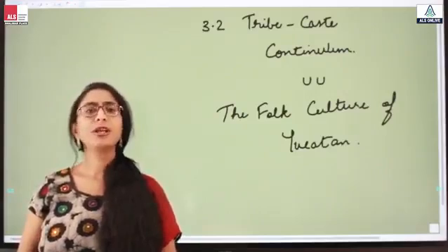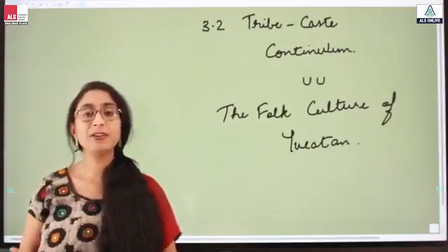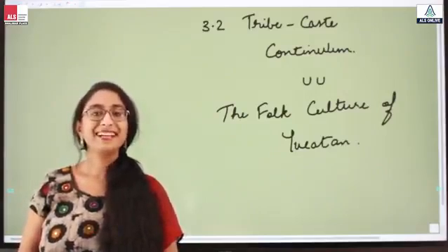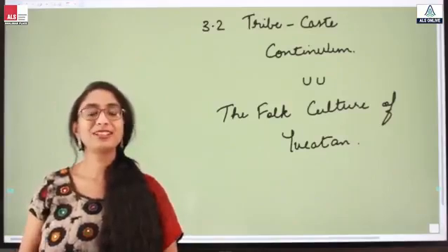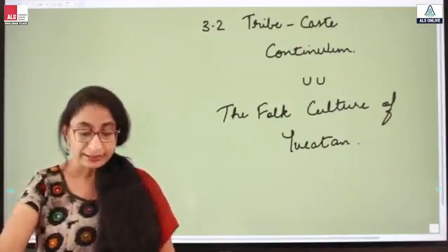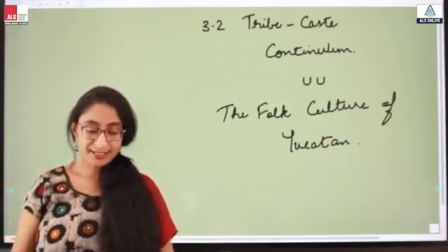Continuum is a very new word which we have learnt now, isn't it? Otherwise we wouldn't have heard this term called continuum so far. So he says that the gradual process through which a tribal group transforms itself into a caste group is designated